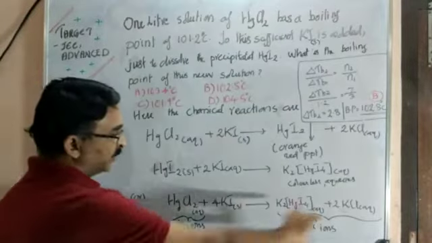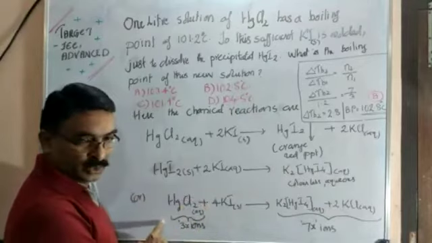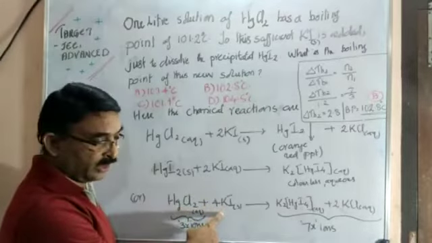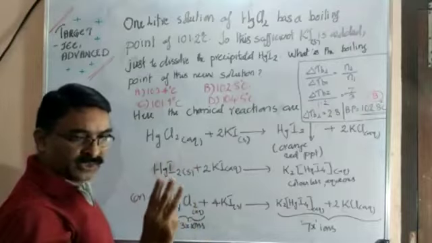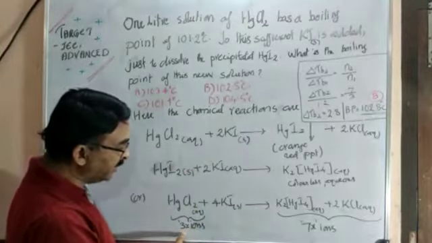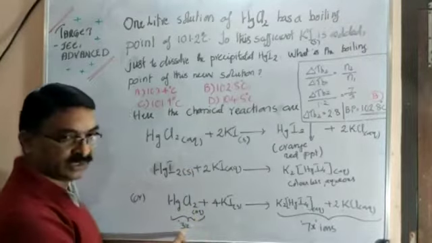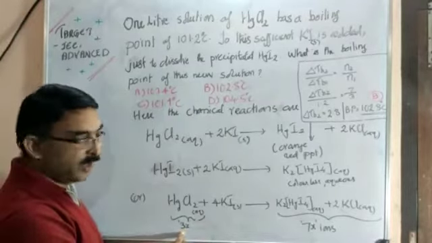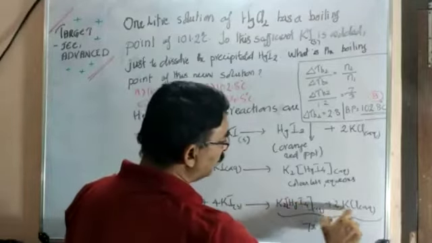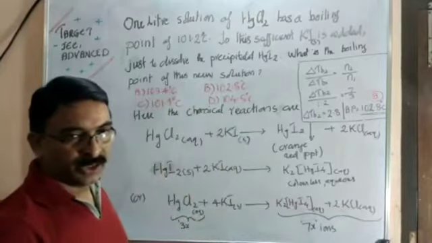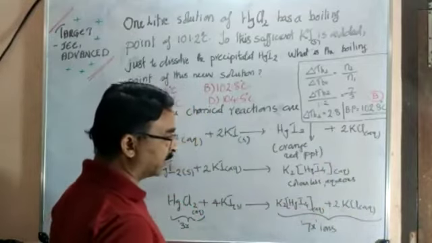See, look at this equation. Initially, we had only mercuric chloride in that solution. KI was added later; it was a solid too. So, since every molecule gives 3 ions, we can say that initially the molar concentration of ions was 3x. After reaction with the potassium iodide, it gets converted to 2 ionic water soluble substances, this complex and 2KCl. Both are strong electrolytes.